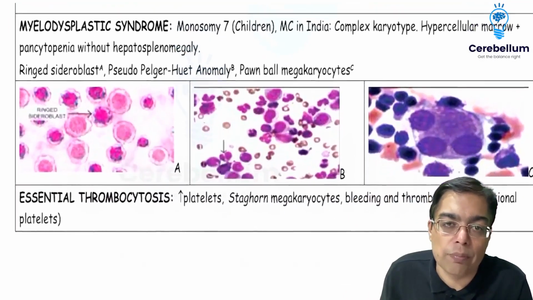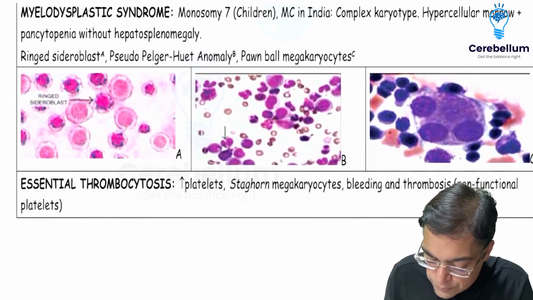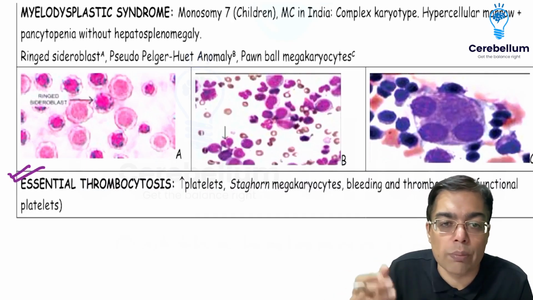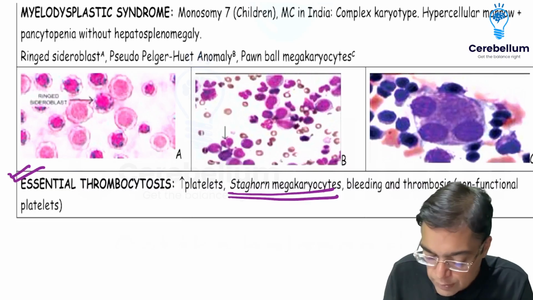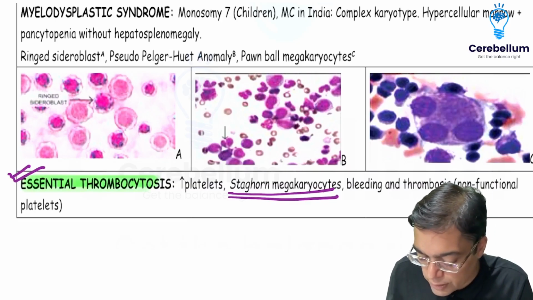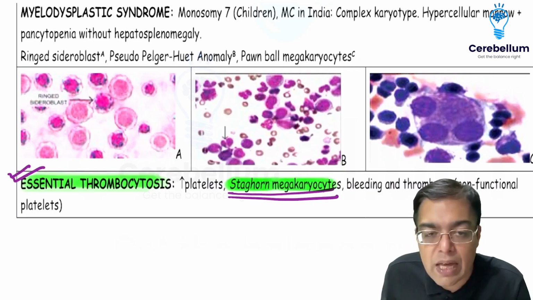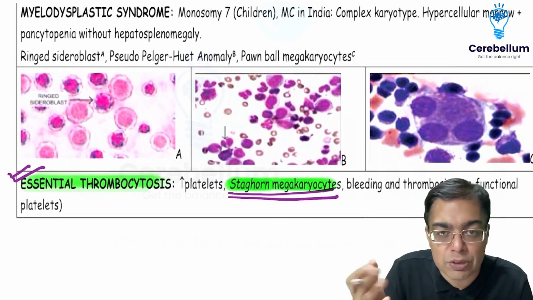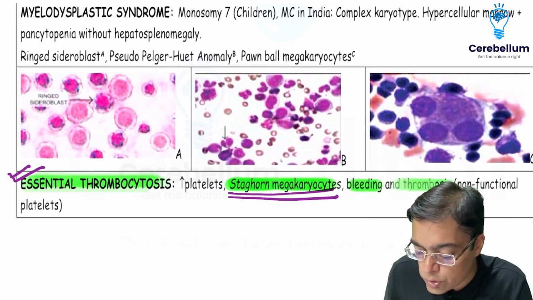The other example of a myeloproliferative disorder that is asked in the exam happens to be essential thrombocytosis. The name gives a hint: thrombocytosis, more platelets. Platelets have an origin from megakaryocytes, so this is a condition having an origin from megakaryocytes. These are associated with abnormal megakaryocytes having an appearance given the name of staghorn megakaryocyte. Now platelets are problematic here. They are dysfunctional, so they are associated with bleeding. But their number is more, so they are also associated with development of